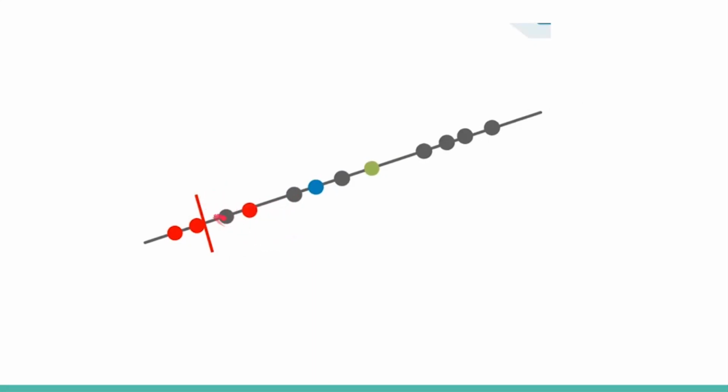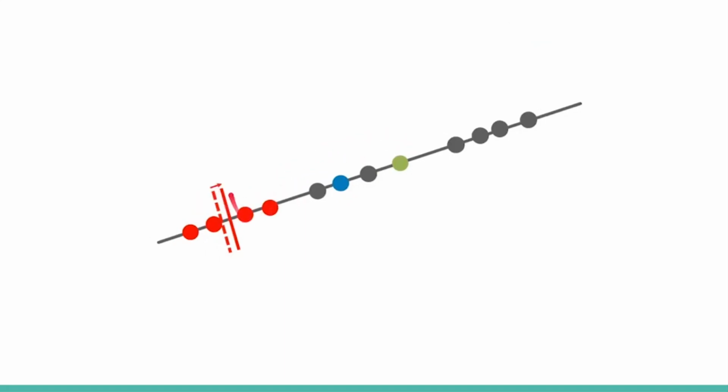Next we do the same process for the third point. This third point is also nearer to the red cluster, or the red mean, compared to the blue cluster or the green cluster. Then we find the new mean. From the previous case, the mean would be shifted to half, because there are four data points and it'll be exactly half.